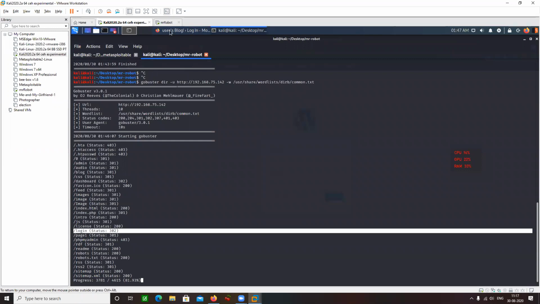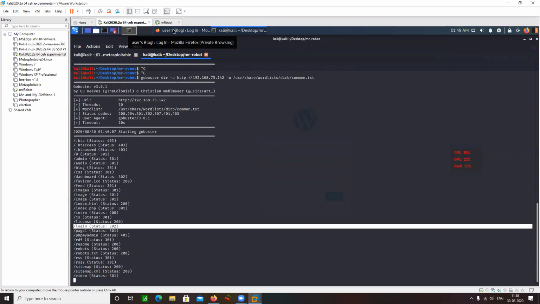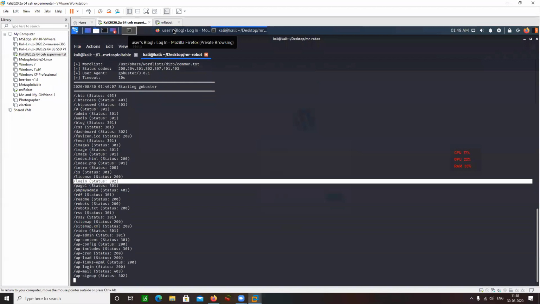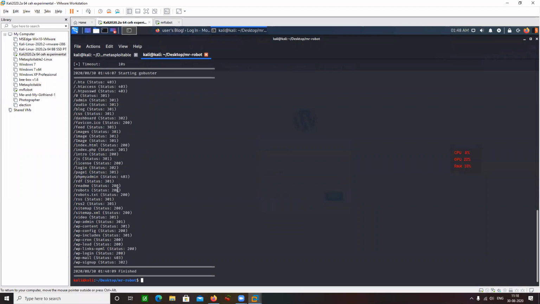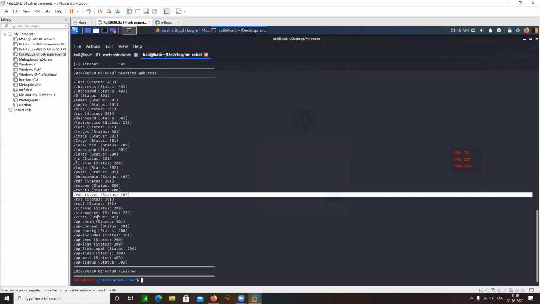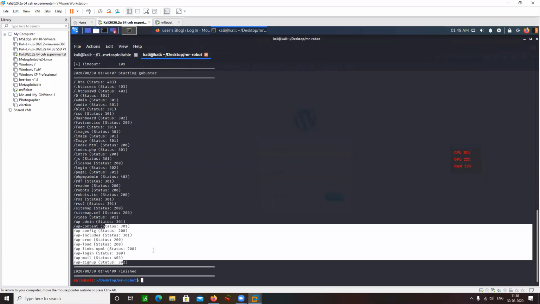Okay. So that's one thing. That's why, when I was telling you about directory brute forcing, I told you that you need to look into redirects as well. You need to see where you are being redirected. Okay. So that's one case. If you were not provided with this slash login, you would have been provided with the 200 robots.txt is here, wp-admin, the WordPress directory is here. So that way I would be able to go to the WP-login page.